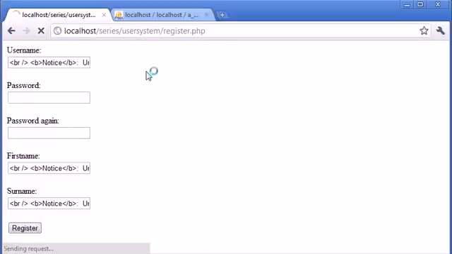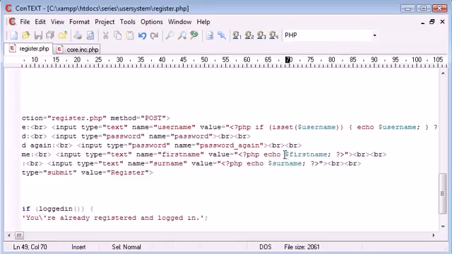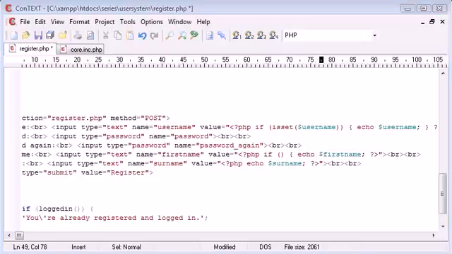So let's refresh, and you can see that that's disappeared from there, so we've solved that one. Now let's go down and correct the others. We're using inline PHP here, we're saying if, and then, oh no, sorry, I've missed the echo there. So we put that echo back in the right place. Then we need to obviously close our block. So again, if isset